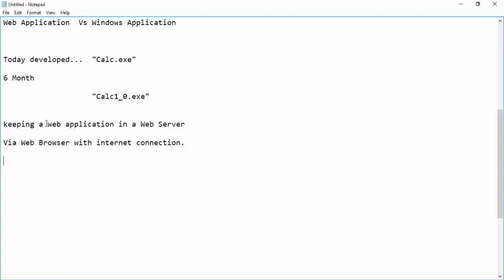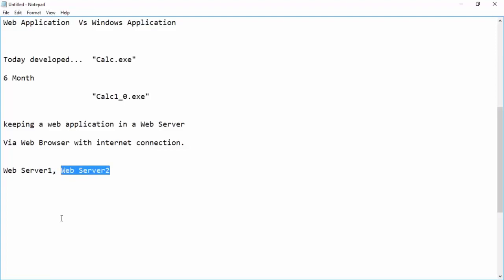I said that we'll be keeping a web application in a web server. A web server is there, and to have a backup, to make the application robust, what they will do is, instead of depending on one server, they buy another web server. So in these two places your applications will be there. What will happen is, users can access the first web server 1 and they will be making changes in web server 2.